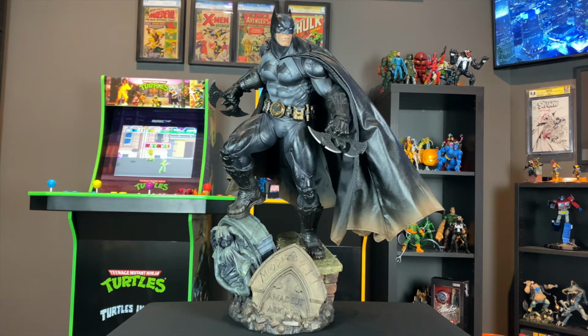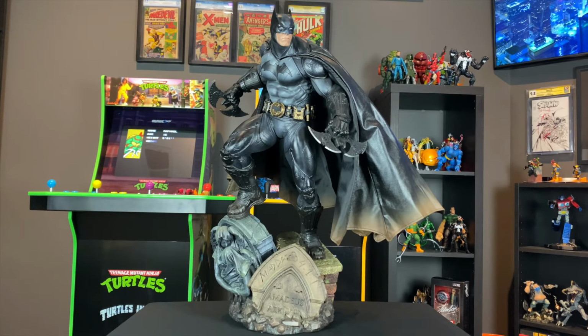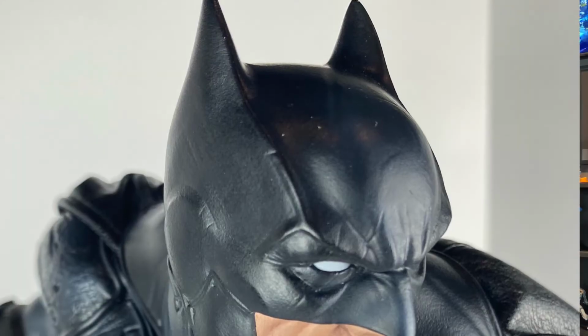As we move down to the base of the cape, you can see where it does have a dirty look to it. They've done some paint shading there with some brown. It does have bendy wire in the cape, so you're able to really mold this cape to your own liking. And then as we move up to the head sculpt and the portrait, really happy with that. I think it has a great